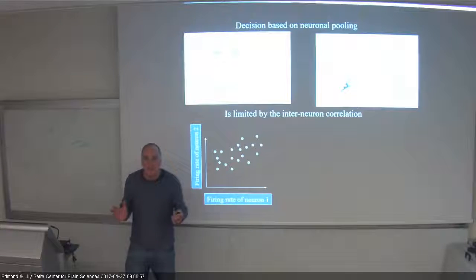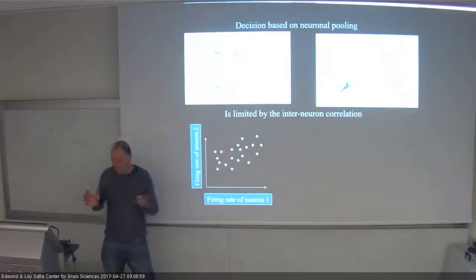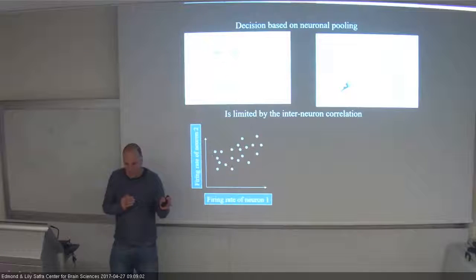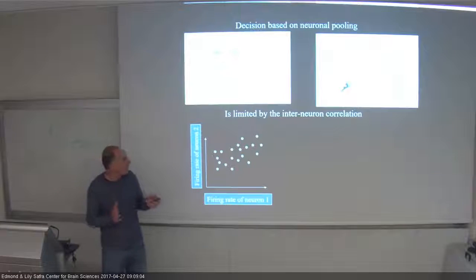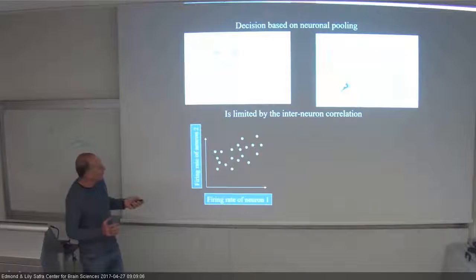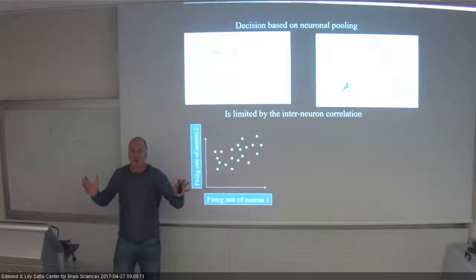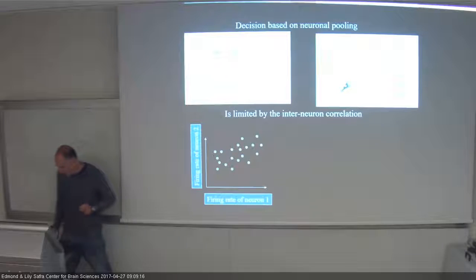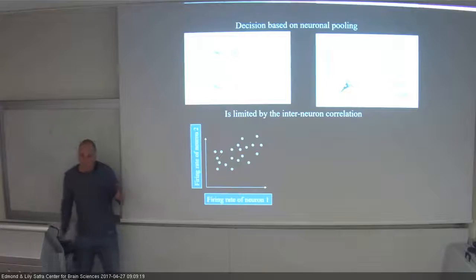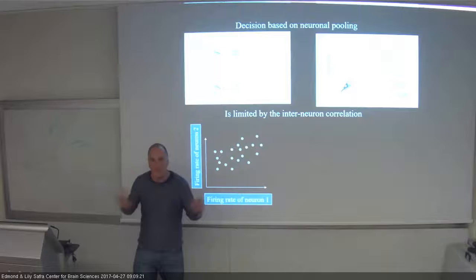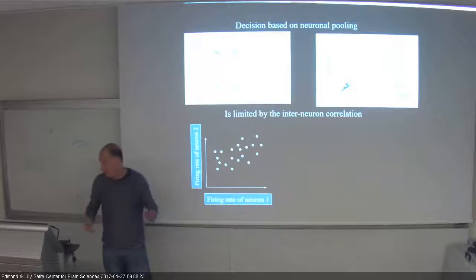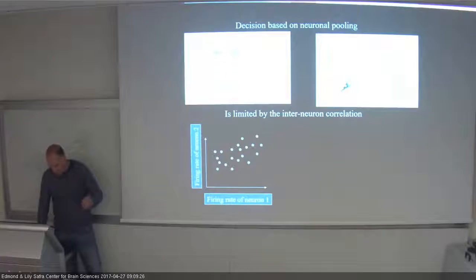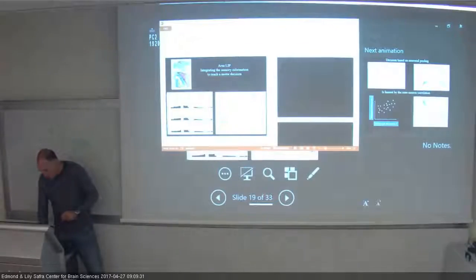So one idea you could do is to think about not just giving more weight to the more sensitive neurons, but actually to change the degree of noise correlation between the neurons. So neurons that signal the same direction, you want to decorrelate them as much as possible. So that's another idea that I'm just sticking in your mind of how you can get these neurons in LIP, who are summing the information, to be more effective in deciding if the motion was upwards or downwards. Okay, so that was just leftovers from my last talk,